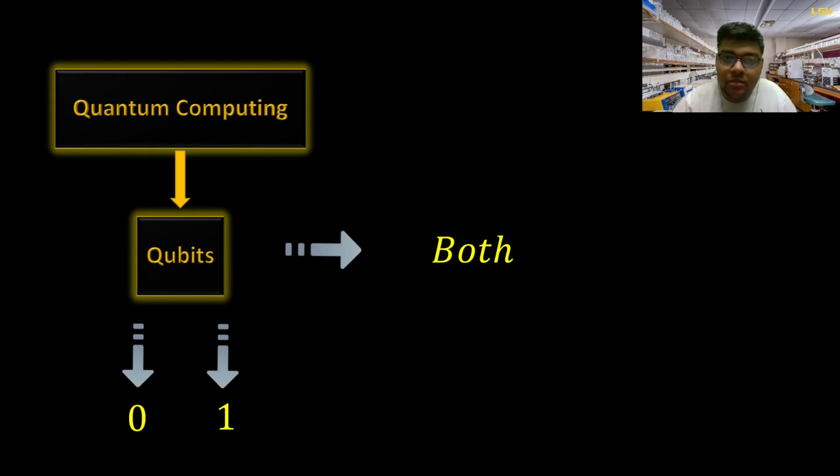And as you increase the number of qubits, the possible resulting states also increase. So what happens is that you are trying to increase the probability of the superposition state collapsing into one particular state, and you are trying to decrease the probability for some other state. So changing the probability of a superposition state collapsing into one and not another is what we actually do in quantum computing. I hope that's clear.